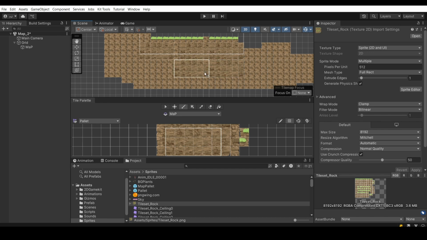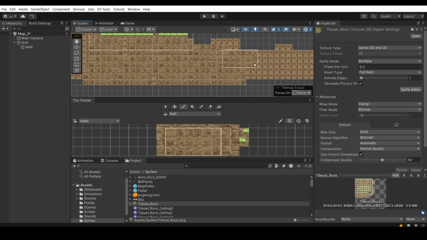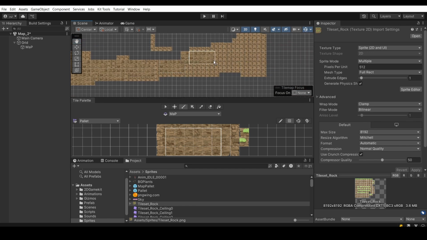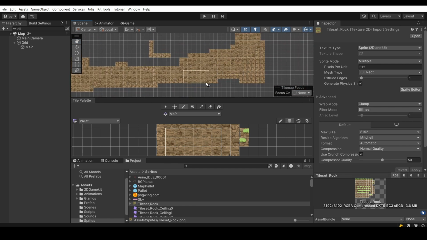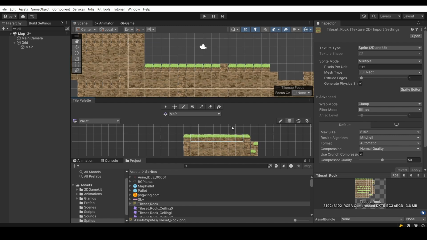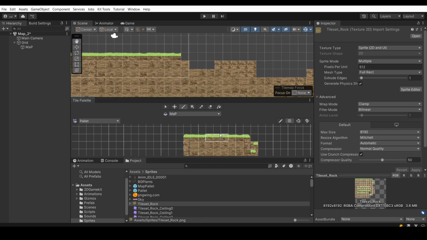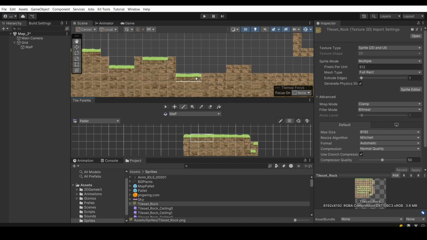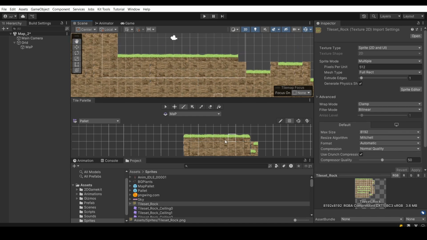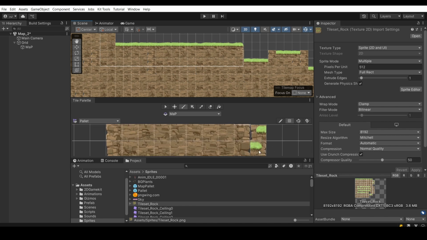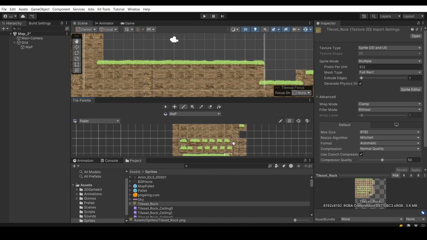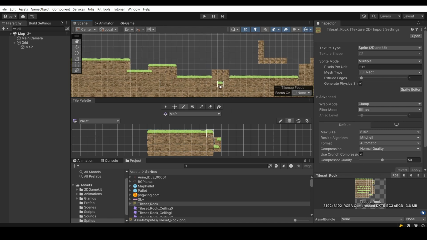One important tip when working with tiles is to make sure your sprites are aligned to the grid properly, so when you place them in the scene, there are no gaps or misalignments. Another useful thing to keep in mind is tile repetition. If the same ground tile repeats too obviously, the level can look a bit artificial. That's why it's a good idea to create a few variation tiles and mix them together to make the environment